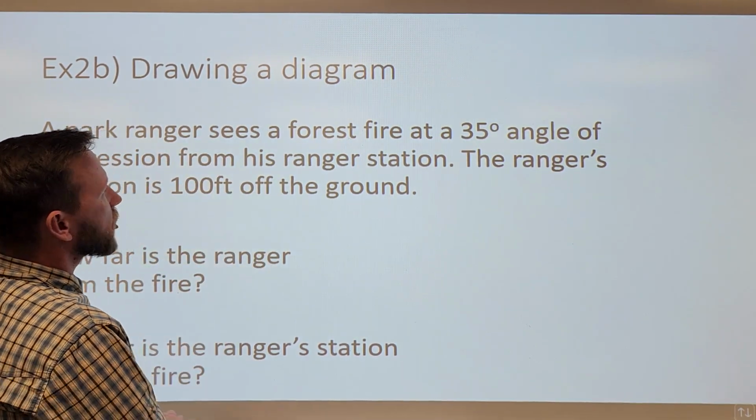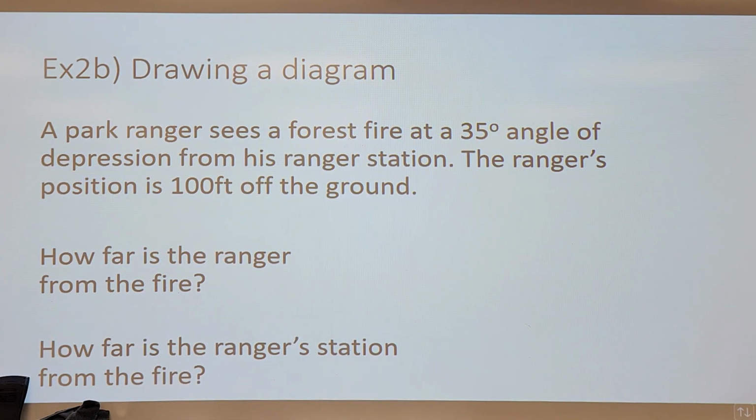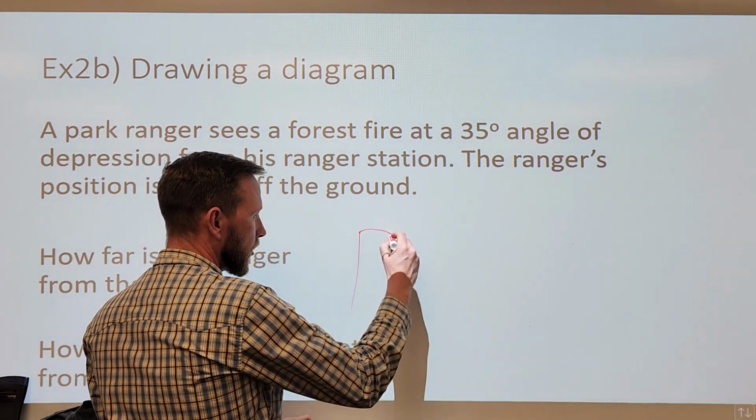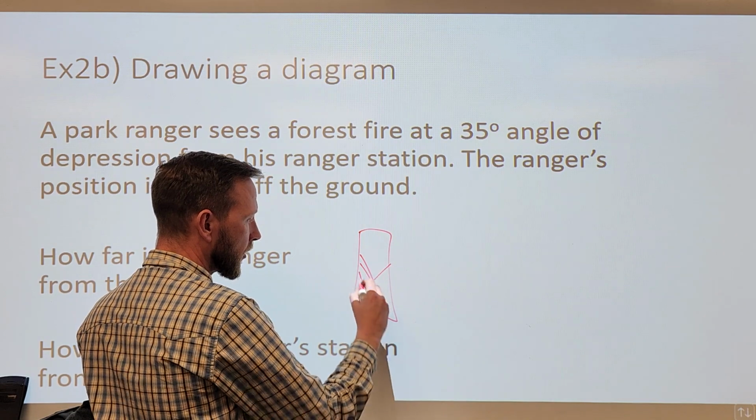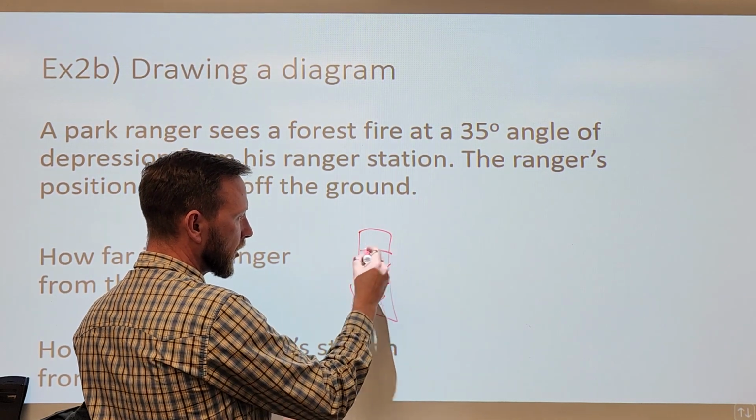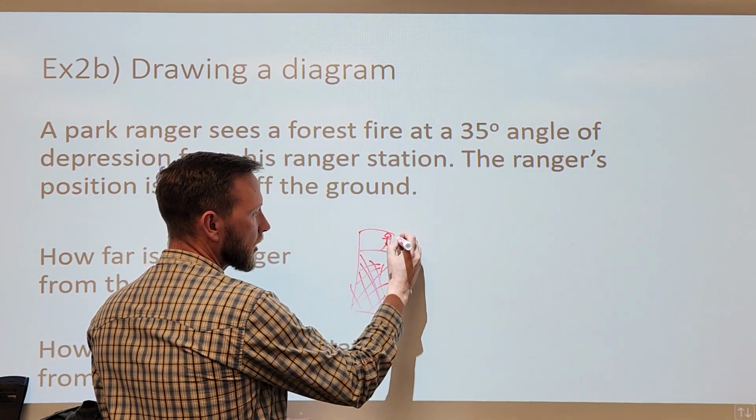And so a park ranger sees a forest fire at a 35-degree angle of depression from his or her ranger station. The ranger's position is 100 feet off the ground. So they're standing in this tower, all right? They've gone up the stairs, they're up here, and they are looking down at,